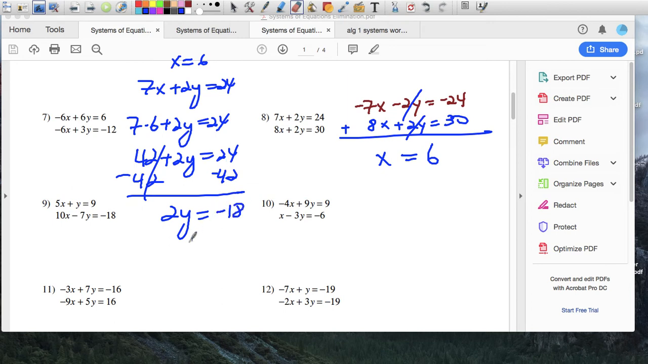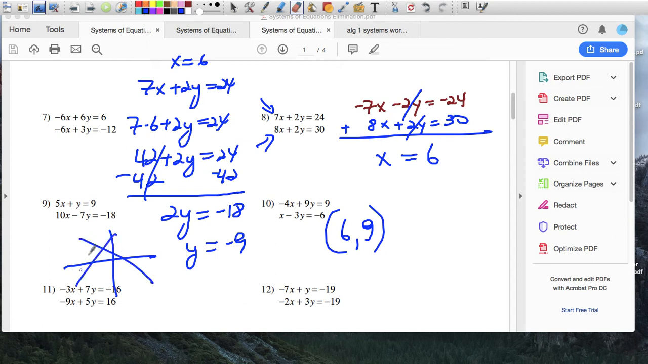Yeah. And y equals negative 9. So the point of intersection here would be 6 and 9. And just to make sure you understand what that means, it means that if I were to graph this equation and this equation, they would cross somewhere, and that would be 6 and 9. Oops, it should be somewhere on the other side. But I will